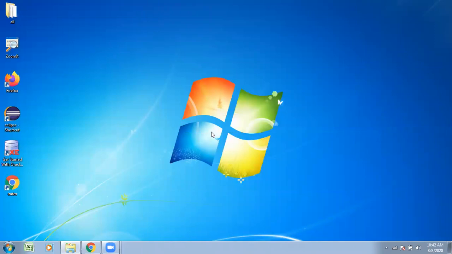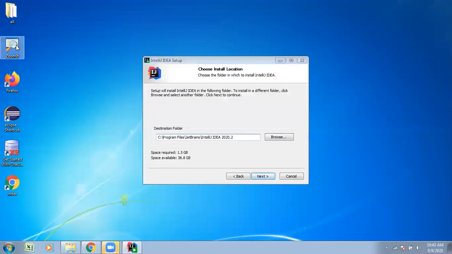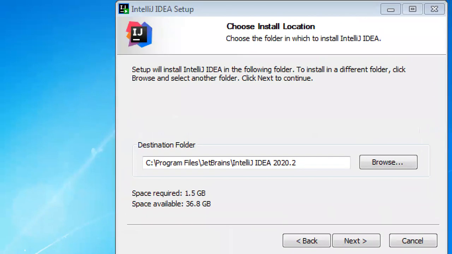We got that executable file. After clicking the executable file, double click on that one. It started installation. It's a wizard based installation. Just click on the next button. It's asking the location where you have to save the file.